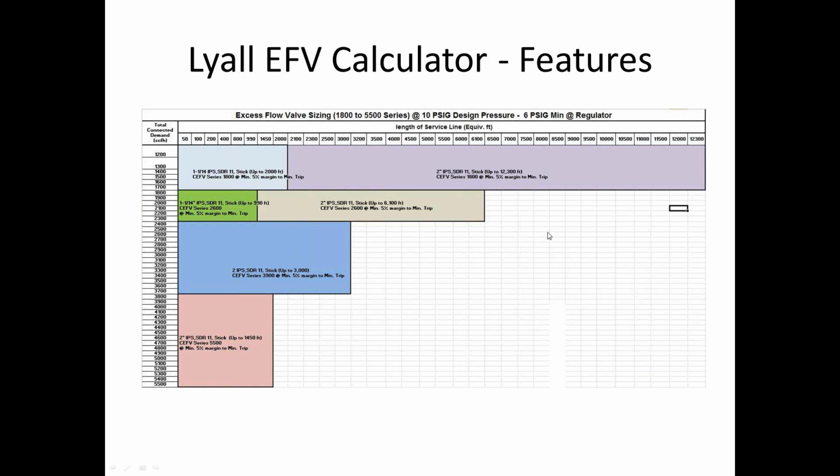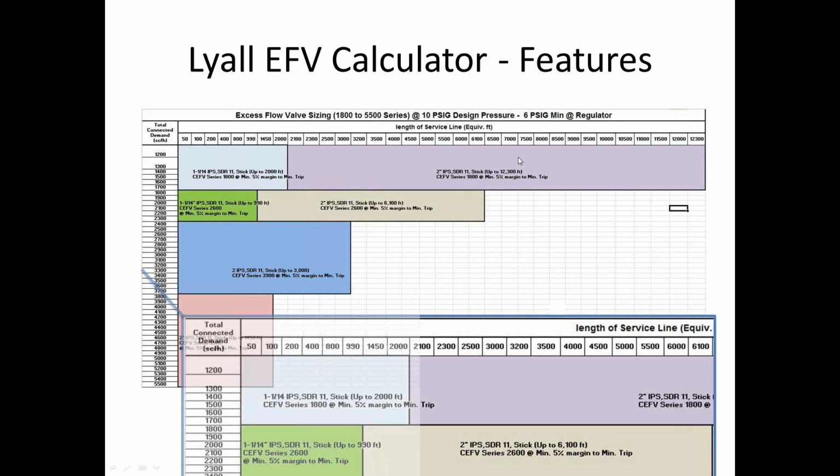So this chart would be for higher flow devices, Series 1800 up to 5500. You can see in this particular example I use inch and a quarter and 2 IPS service line sizes, so quite large. But again, it's the same idea. You can build a table that says if you've got